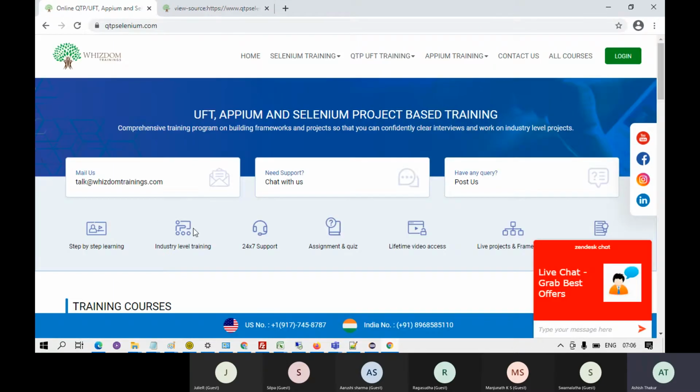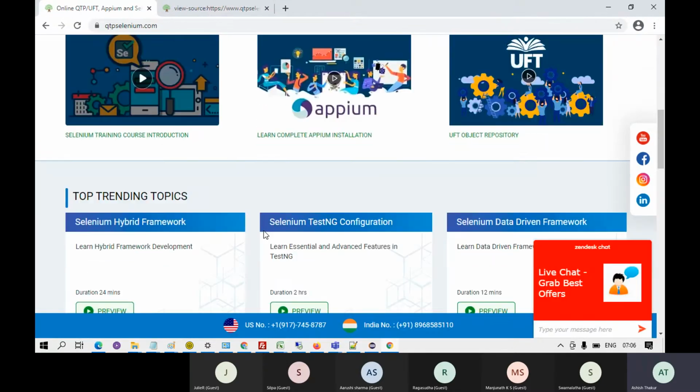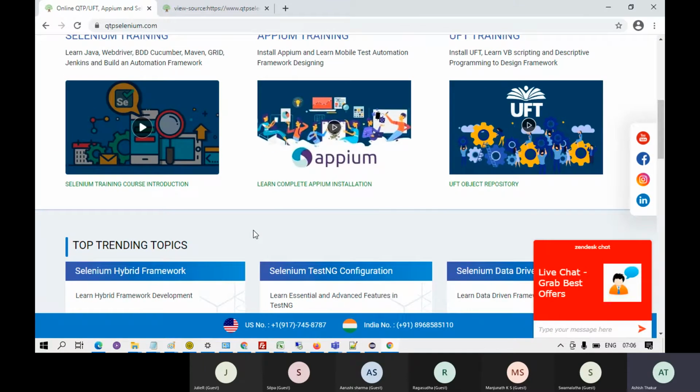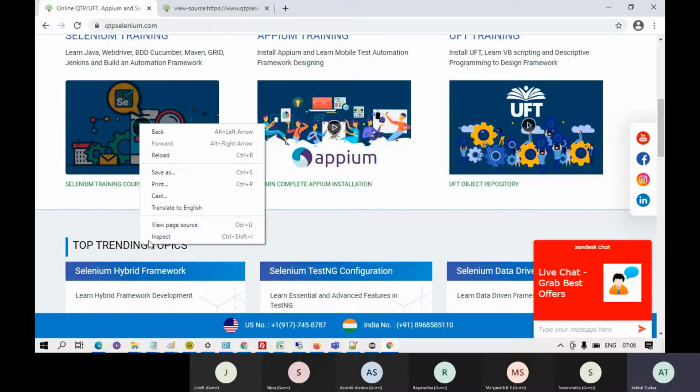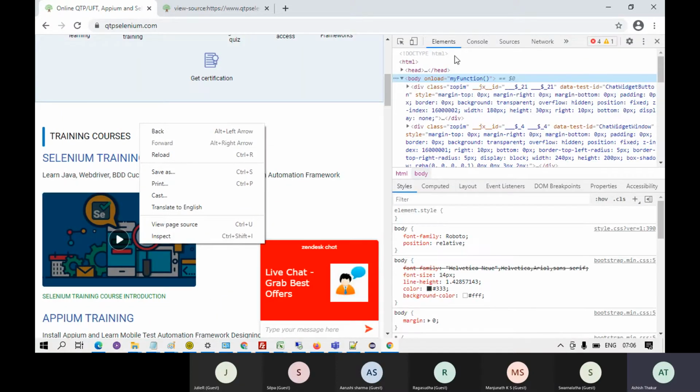It's not like we inspect the page like this. Instead of going to the page source, you can right click on any element. Say I right click on this link, top trending topics. I'll get the option inspect. You select that and this is known as the Chrome inspector.